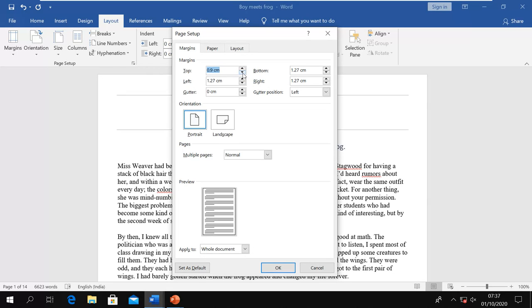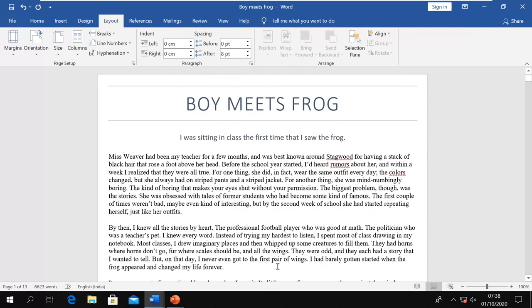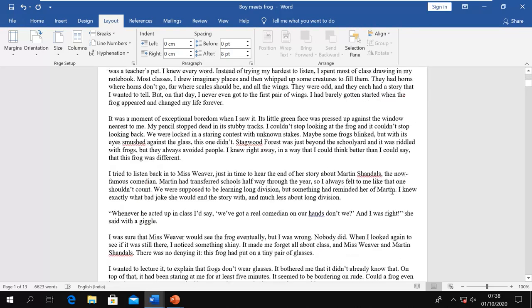I want more area. From top, to left, to right, and OK. Now you can see it is using more area from top, and from left, right, and also from bottom.